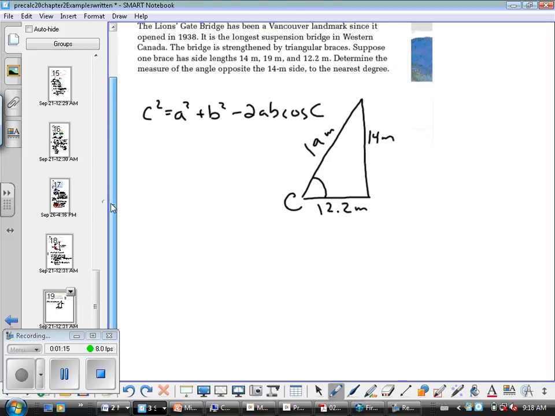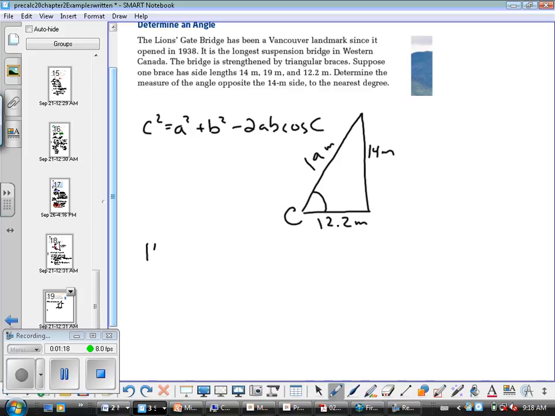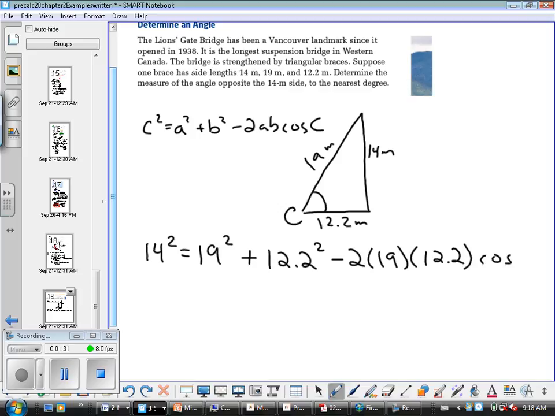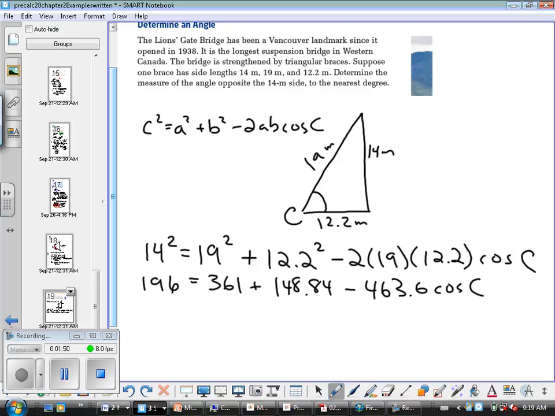So they just take that and substitute everything in, so that c squared is 14 squared equals 19 squared plus 12.2 squared minus 2 times 19 times 12.2 times cos C. Okay? And so when they get everything in there, they do all their numbers and just solve for cos C at the end. All right? They end up with cos C equals,